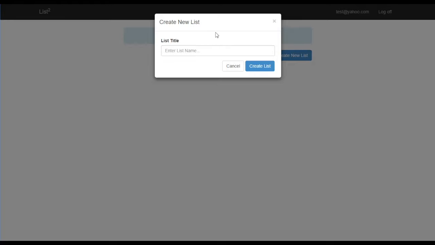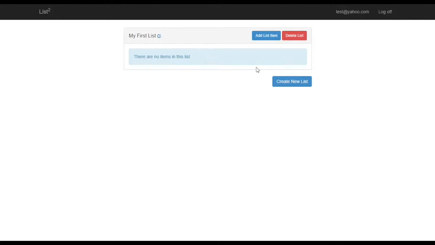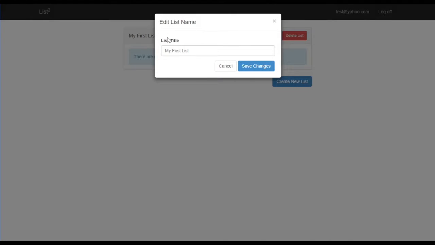and it gives us an input field for list title, which is going to be the name of the list. And we're going to type a name in here and create our first list. So you see this panel shows up with the list title, a button to edit the list title, a button to add new items to a list, a button to delete the list, and we still can create new lists using this button. And ListList let us know that we haven't added any items to this list yet,